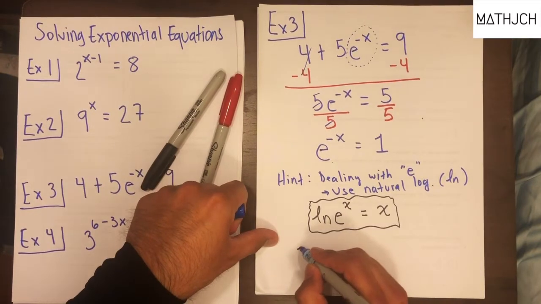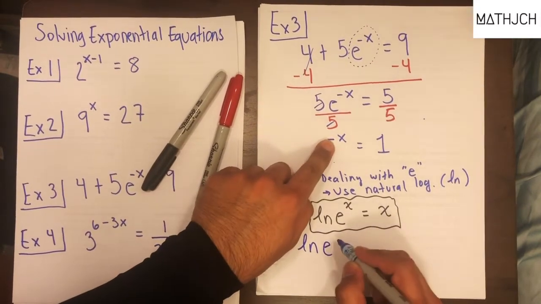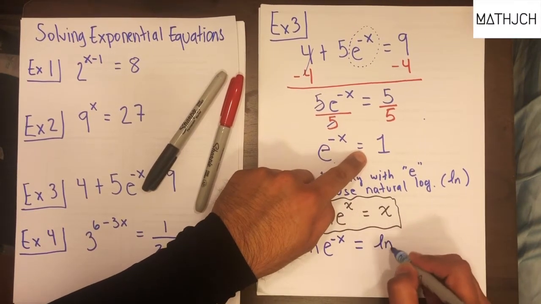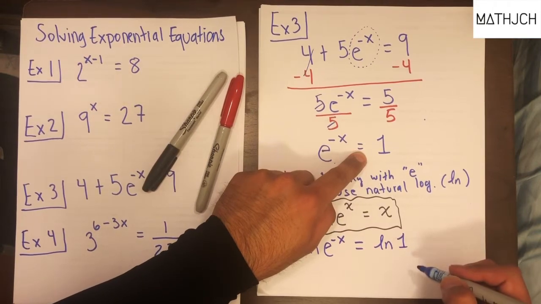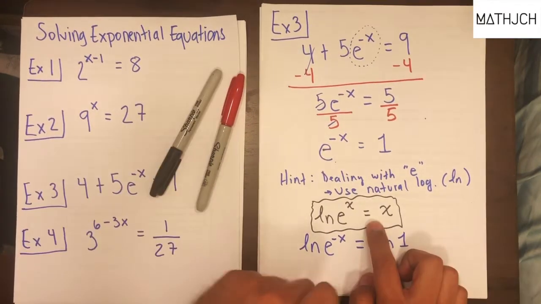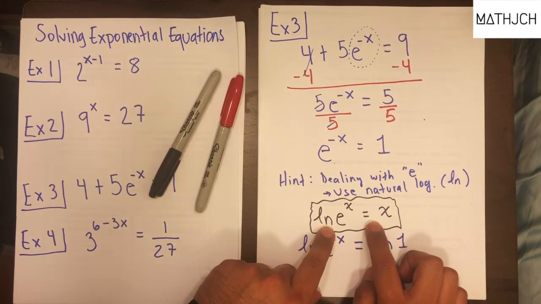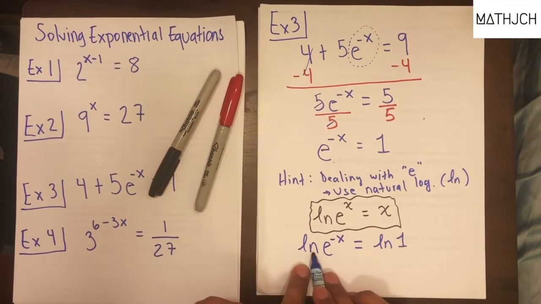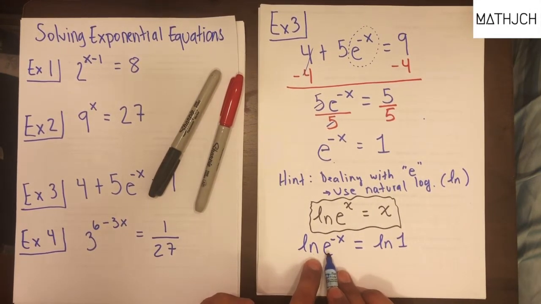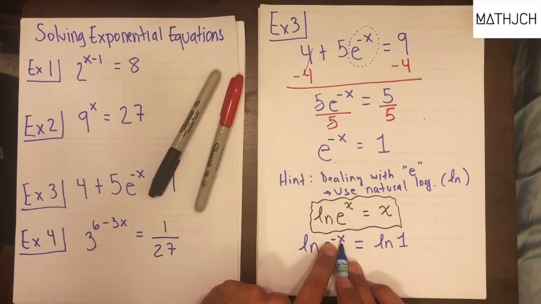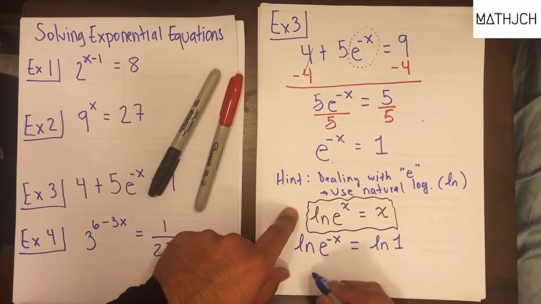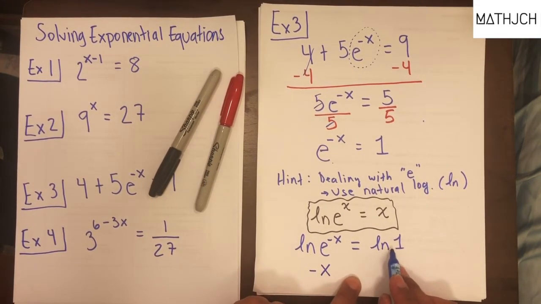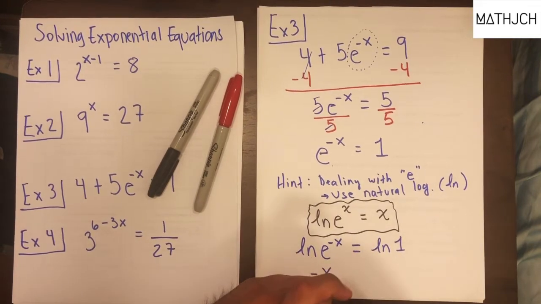So we're going to have ln of E to the exponent, in this case negative x, equals ln of 1, okay? Now, notice from the properties of the natural logarithm involving E, in this case the ln and the E somehow cancel, so we are just left with whatever the exponent of E is. In this case, it is negative x. Now, we have the natural logarithm of 1. Remember,